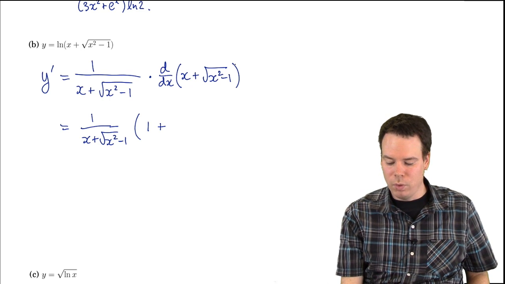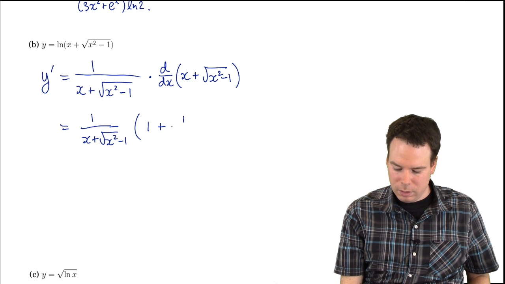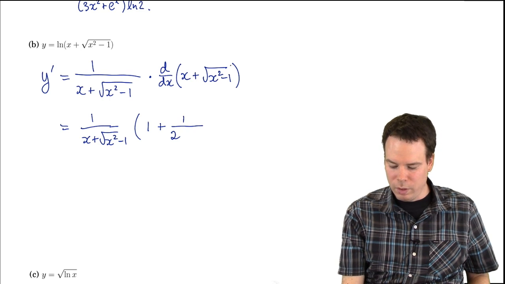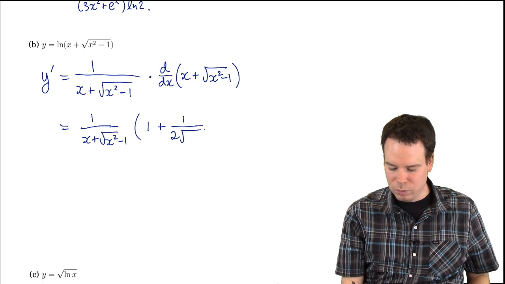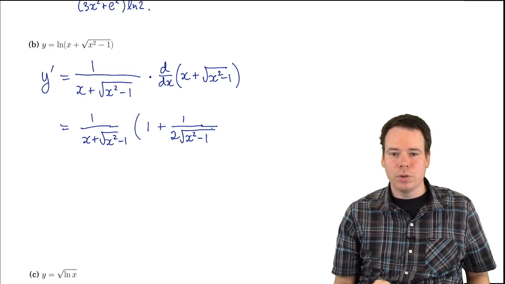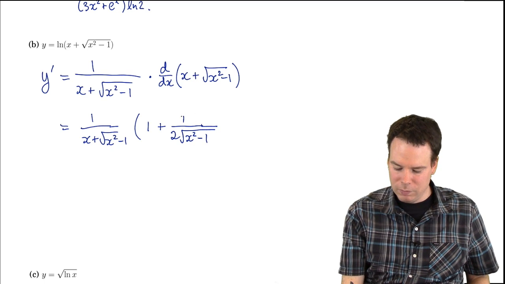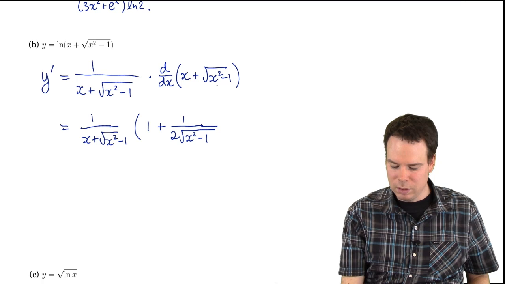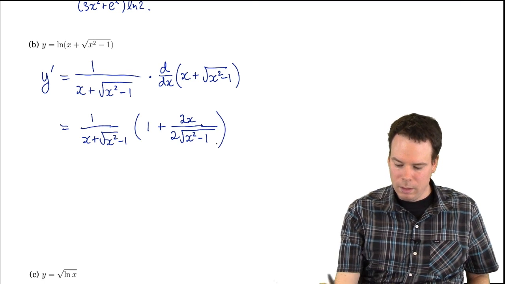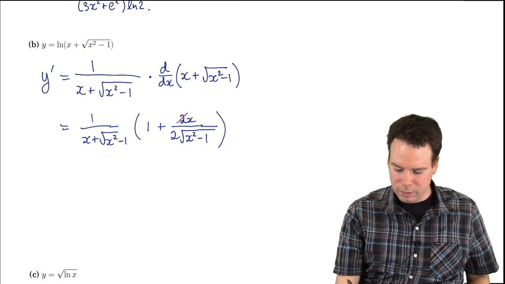Well, here we always think of the square root as being a power. It's the power of 1/2. So it would be, bring the 1/2 down, that's a 1/2, and then take 1 away from the 1/2 power, that's a negative 1/2, so the square root is now moved to the bottom. And then we need to multiply by the derivative of the inside function. So this is the derivative of the square root we're staring at. Now, using the chain rule, we have to multiply by the derivative of the inside function. Inside function is x squared minus 1, so its derivative is 2x. And so now we get some cancellations,